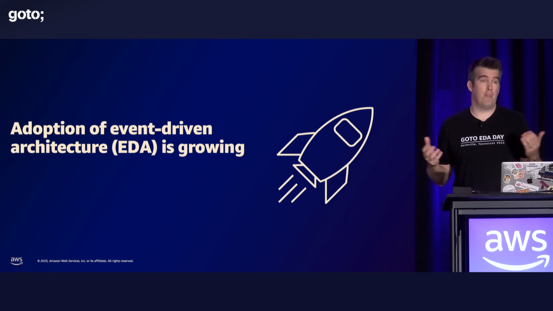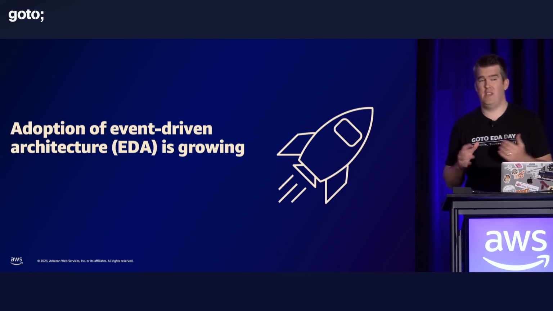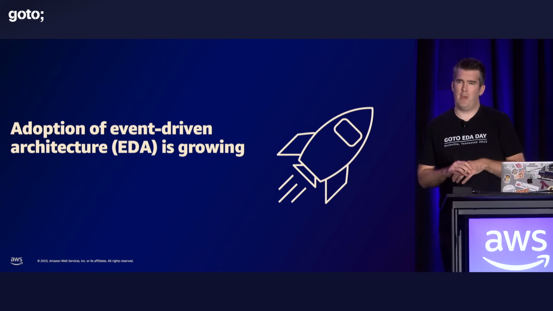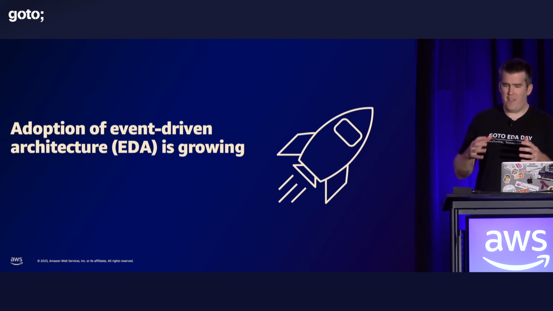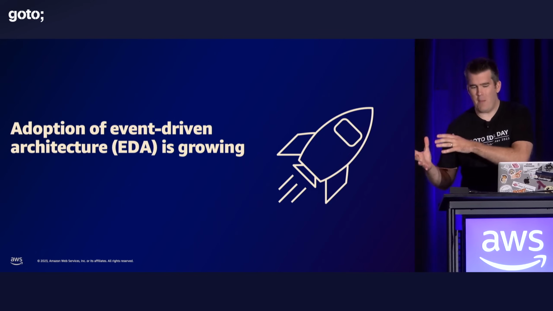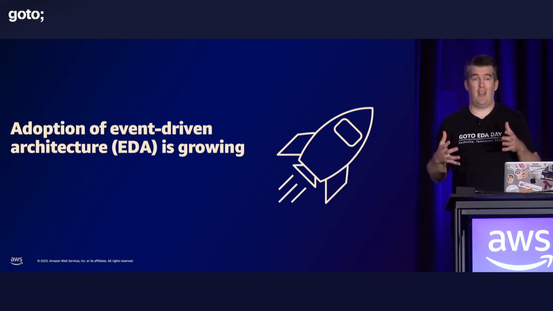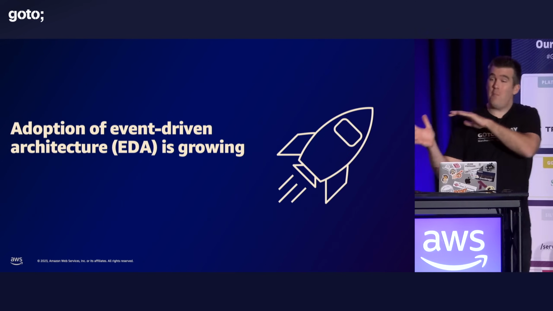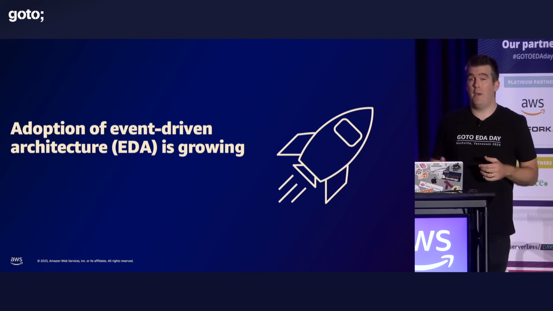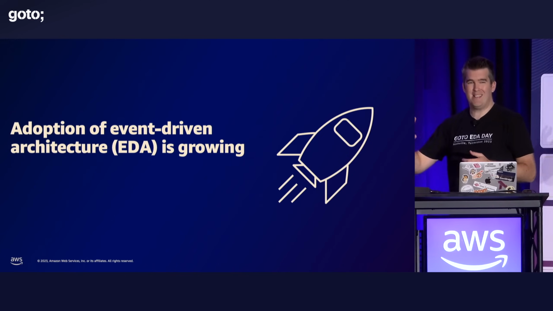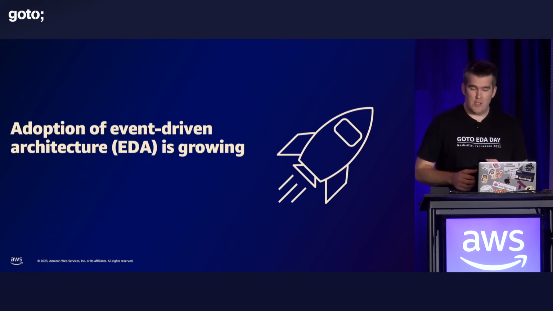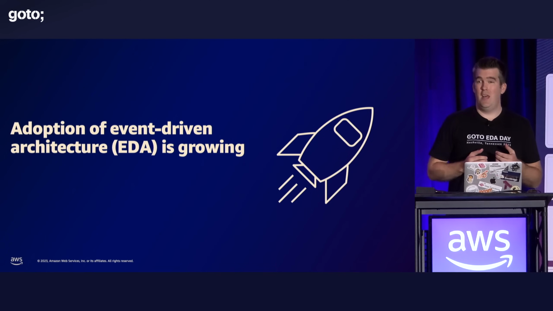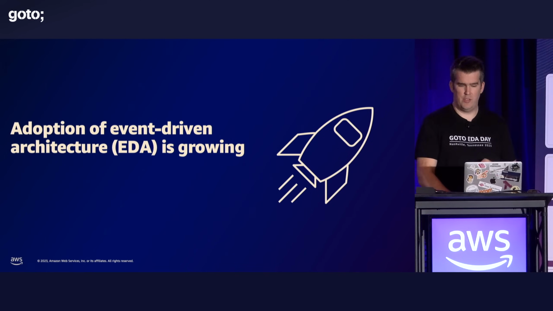I want to just start off by saying this, that the adoption of event-driven architectures is actually growing. Right? I've been in this space full-time for about 5 years now. And these words keep coming up. And in fact, it's nothing new, right? If you go back decades before I was born, and now I know a lot of you are thinking I look pretty young, but I'm definitely not young. If you go back decades, actually go to old white papers, there are event-driven solutions and patterns in all of this. So why all of a sudden have we got EDA Day, for example, here in Nashville, and why are we talking about event-driven solutions so much?